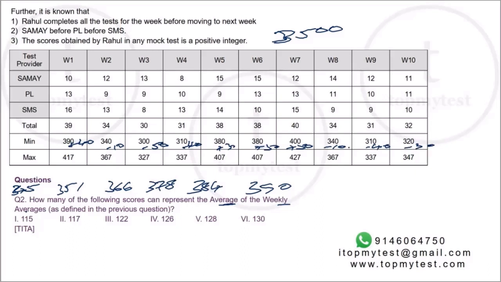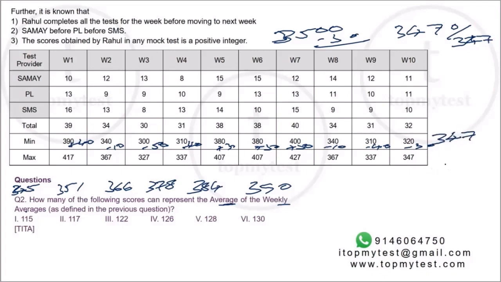Now this has to be done in your head. I'm just writing it down to illustrate what I'm doing. 40 minus 10 is 30. 30 minus 50 is minus 20. Minus 20 minus 40 is minus 60. Minus 60 plus 30 is minus 30. Minus 30 plus 30 is 0. 0 plus 50 is 50. 50 minus 10 is 40. 40 minus 40 is 0. And 0 minus 30 is minus 30. So 3470 is the total across 10 tests. Divided by 10 will be 347. So on the lower side, your overall score will be 347.